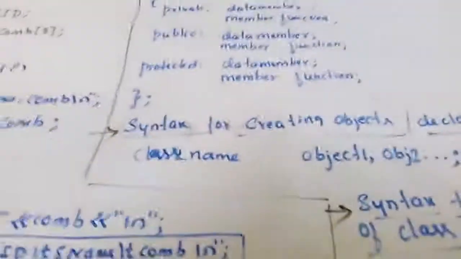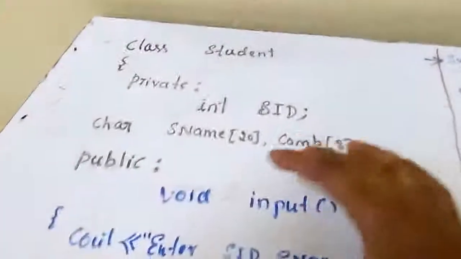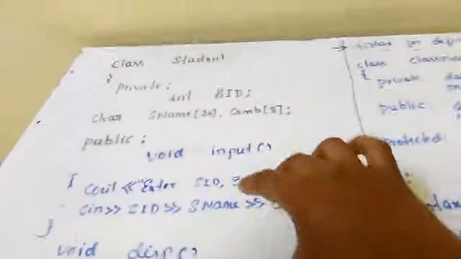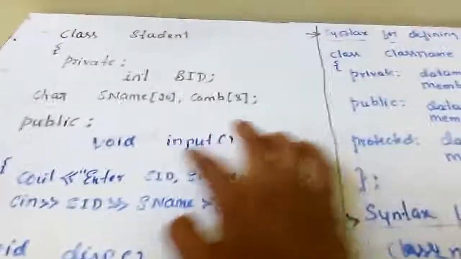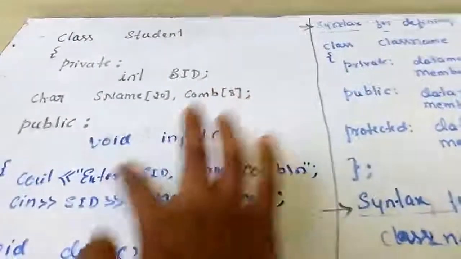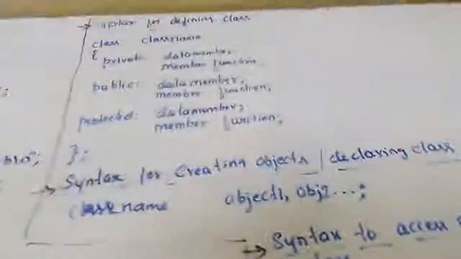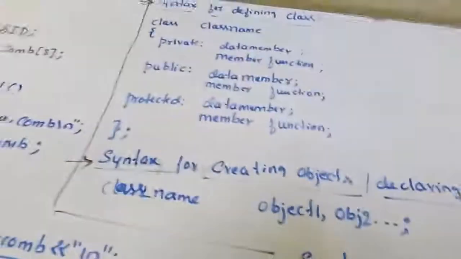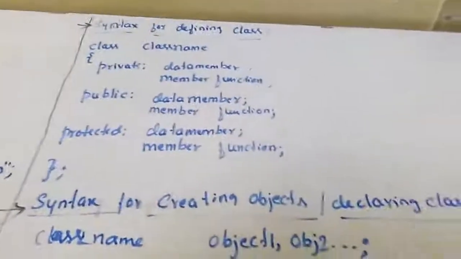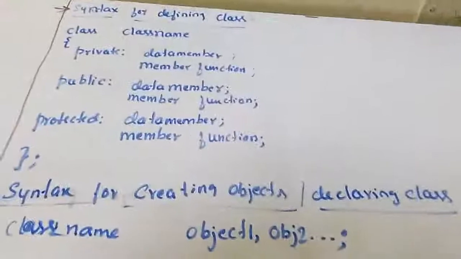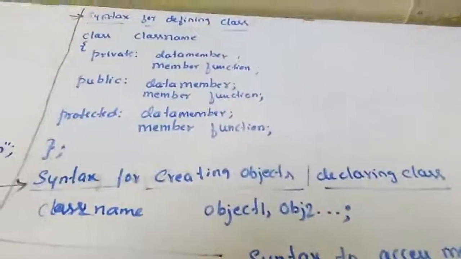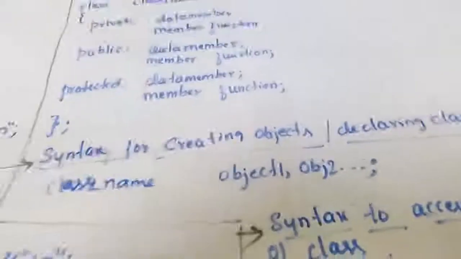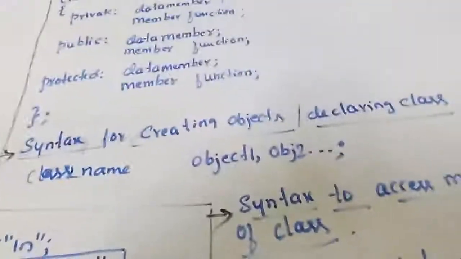And then the example. This is the example only. You can write this much. You don't want to define this. Just mention the functions. Void input, semicolon, void display, semicolon. And an example for declaring a class. What is that? Student name, I did not write it here actually. Student S1, S2, semicolon. I hope you understood this concept. Clear?